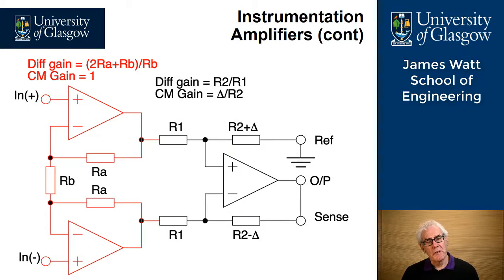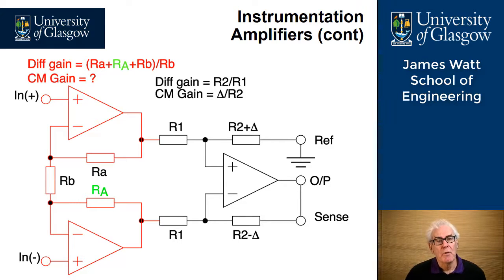We've talked a lot about how we can improve the common mode rejection ratio, but what happens if we actually change the tolerances and matching around the input stage of an instrumentation amplifier? Here we've got the same circuit, and I've coloured RA as red for normal, but also I've considered RA as green for a mismatch between the RAs. What actually happens to our output stage?